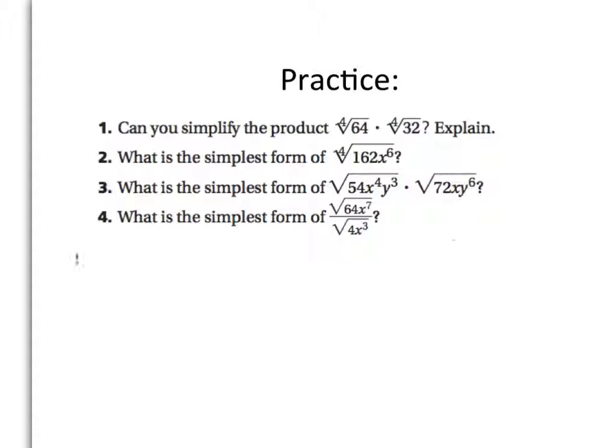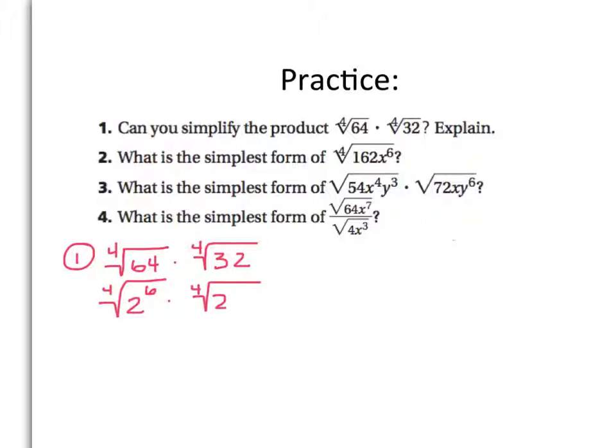So, number 1, product of 4th root of 64 and the 4th root of 32. So the 4th root of 64, I'm going to write both of these values inside the radicals. I'm going to write them as powers of 2. So this is 4th root of 2 to the 6th times the 4th root of 2 to the 5th. And I can multiply them and make it the 4th root of 2 to the 11th power. And because there are 2 powers of 4 there, that's 2 to the 4th, no, don't forget your index, 2 to the 4th, 2 to the 4th, so that's 8, and 2 to the 3rd left over in there,